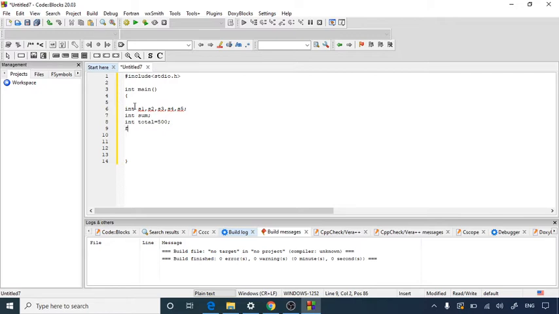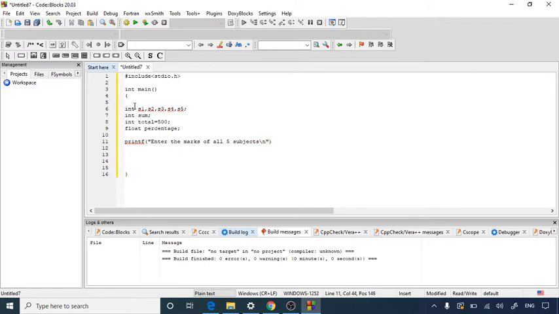And one more important one, that is float percentage. A percentage can be a decimal value also, that's why I have declared the integer variables sum and total, and float percentage. After initializing all those variables, first of all we will take the marks from the user. So we will write the printf function to print this line on screen: Enter the marks of all 5 subjects. So these are the user entered values.